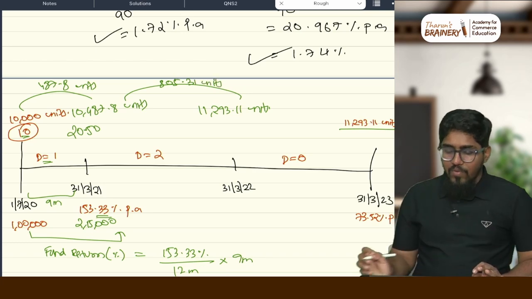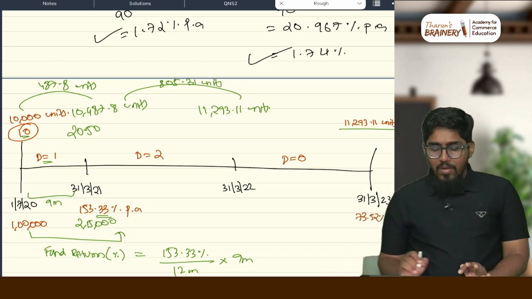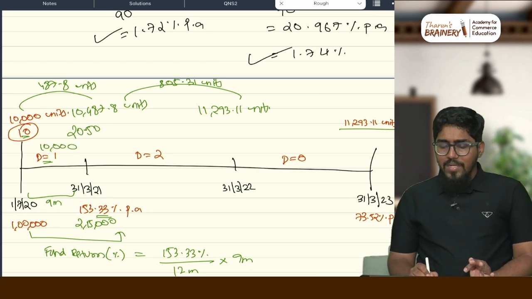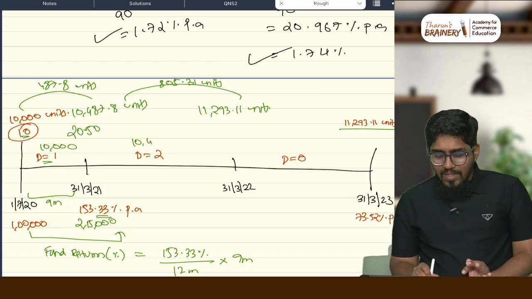805.31 units I got for the dividend. Okay, I got for the dividend. What is the dividend amount, sir? Here my dividend amount is 10,000. Here what is the dividend amount, sir? Here dividend amount is